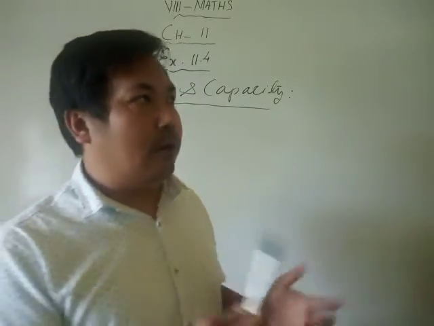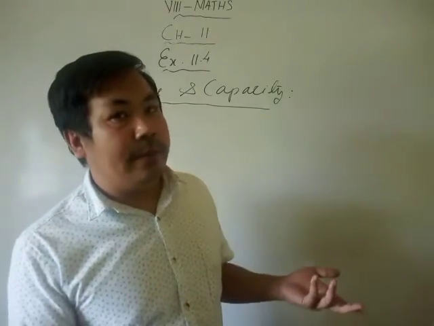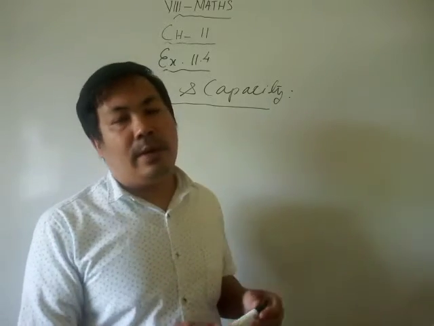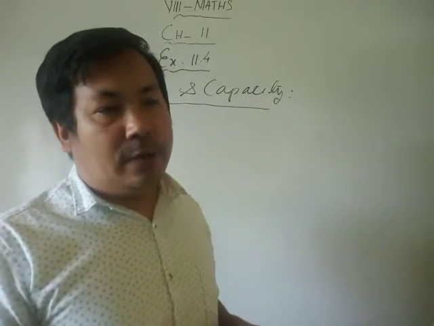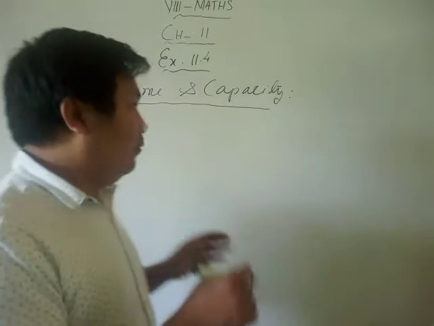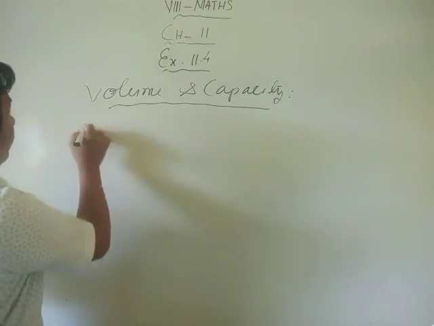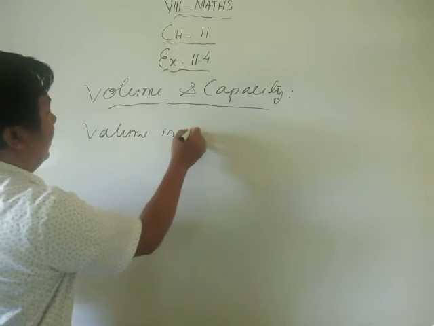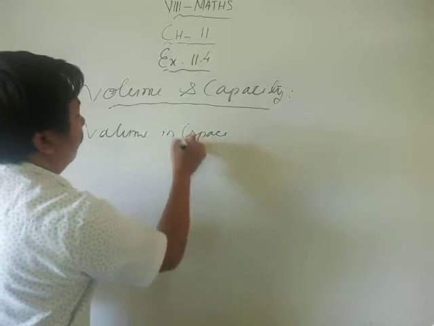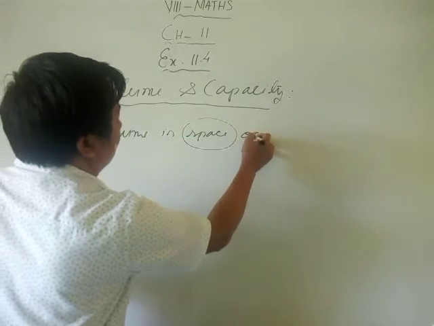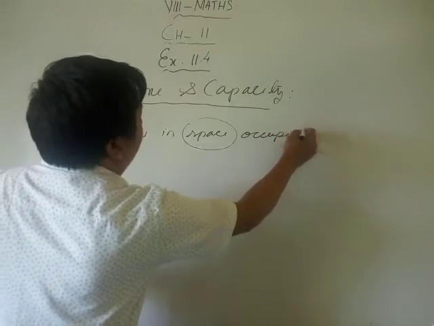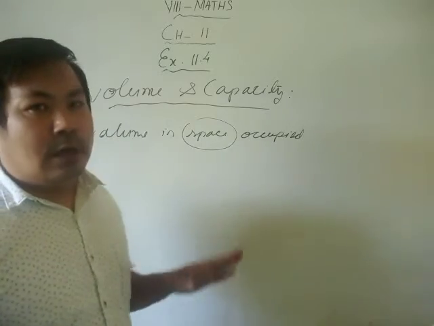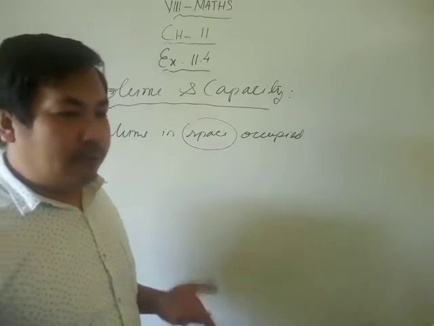What is the volume of matter? The space occupied by the object is called volume, isn't it? Yes. Volume of any substance is the space occupied by the object. The space occupied by the object is called volume. Okay. So for example,